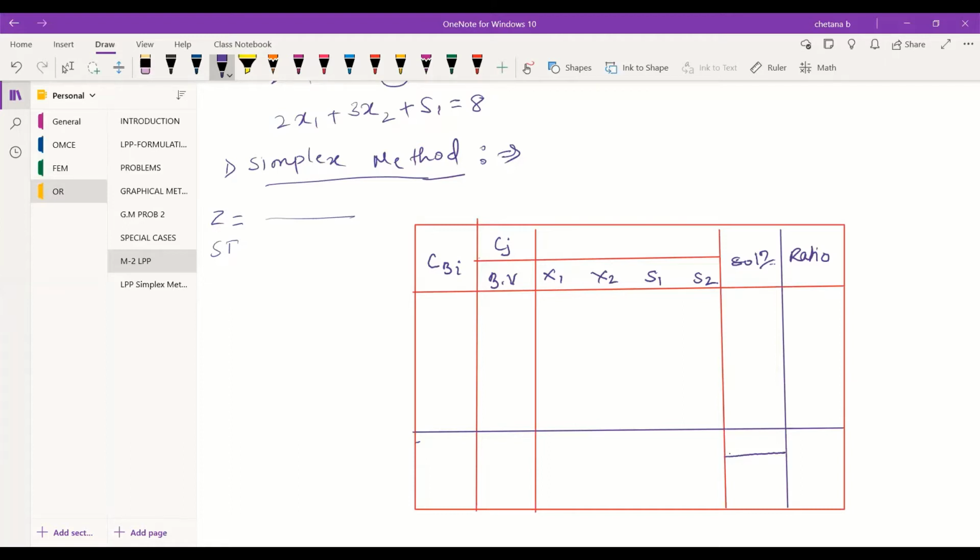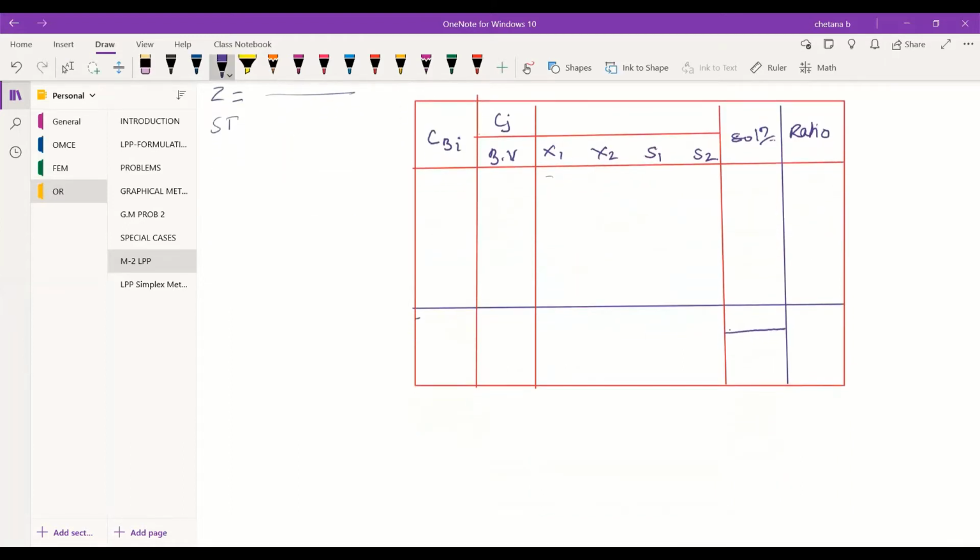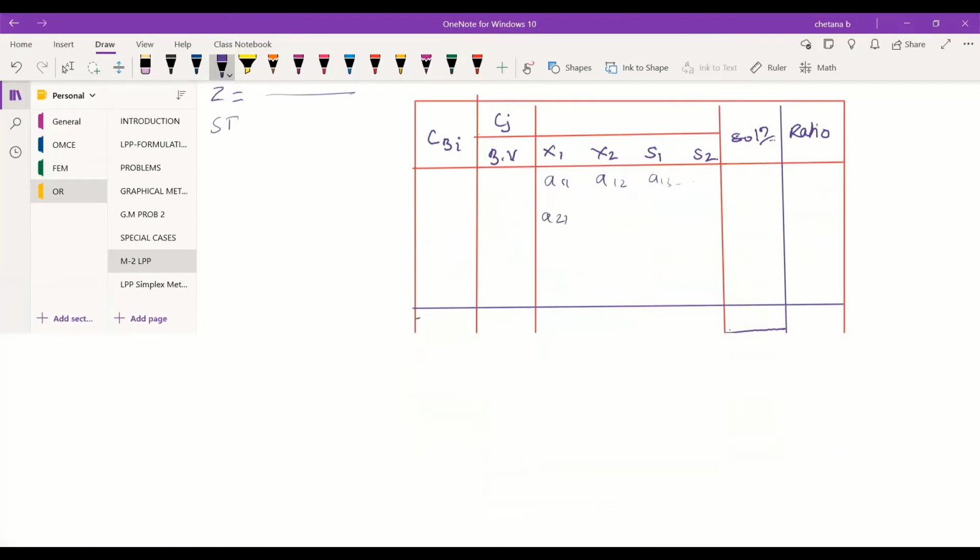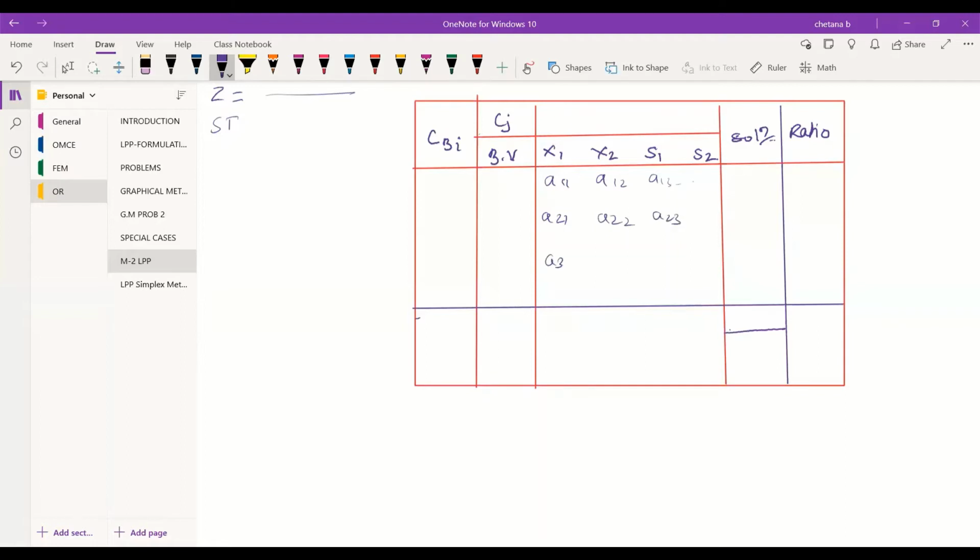Mainly we always take these as A11, A12, A13, etc. If you have a second constraint, then you have 21, 22, 23, third 31, 32, 33 like this.